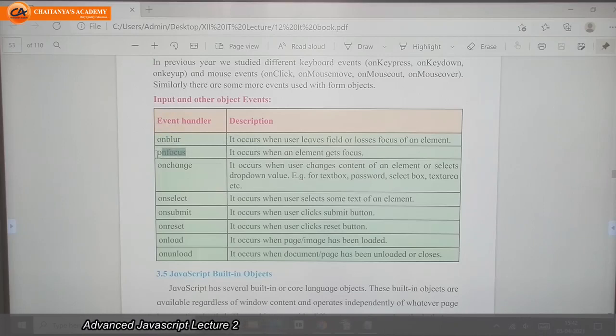Onfocus, when we set the focus. Onchange, when we change the value. Onselect, when we select the value. Onsubmit, when we submit the form, when we click the submit button. Onreset, when we click the reset button. Onload, when we load the page. Onunload, when we unload the page.